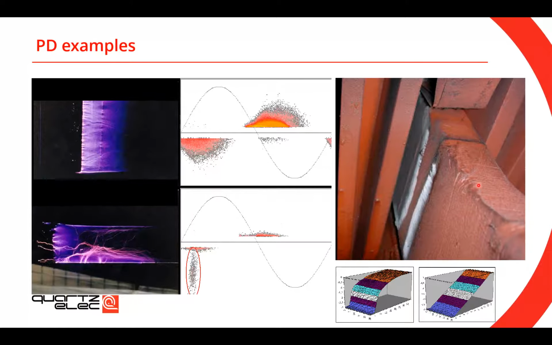Again, depending on the quality of the insulation system, you can actually end up having partial discharge in that location when you have a connection between two finishes. And what's amazing with the current state-of-the-art partial discharge equipment is that, looking at the pattern, you can see where the highest partial discharge value is. From that graph, you can conclude that the partial discharge is in that location at the slot exit. I would say that's amazing.